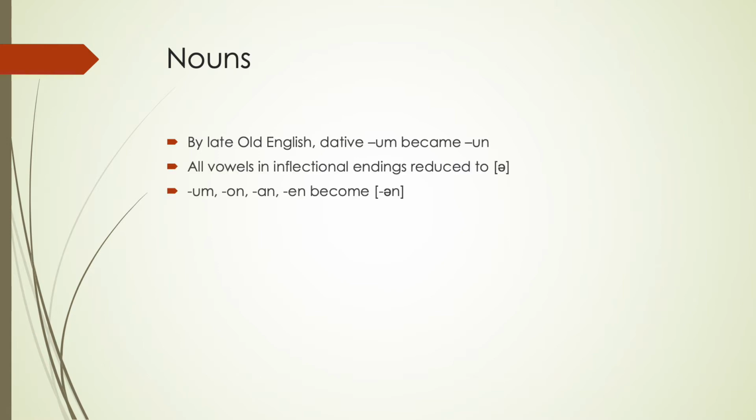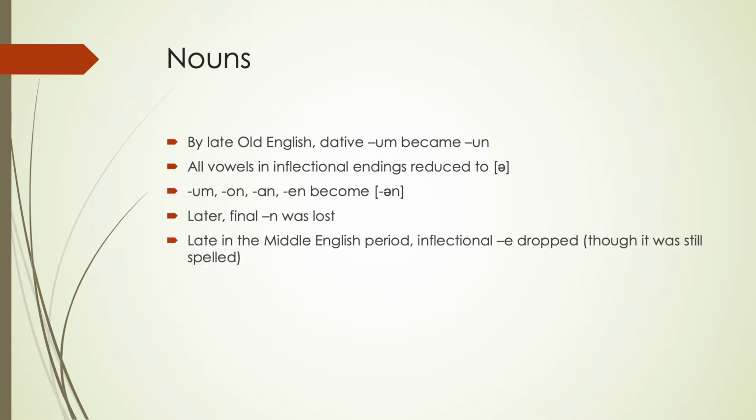So things like an, on, and, and en are all becoming un, which means that there are several different endings that are all ending up sounding exactly alike. And later on, we start losing that final n, so we end up with just an e ending. And then late in the Middle English period, as we mentioned in the phonology lecture, we're starting to lose that